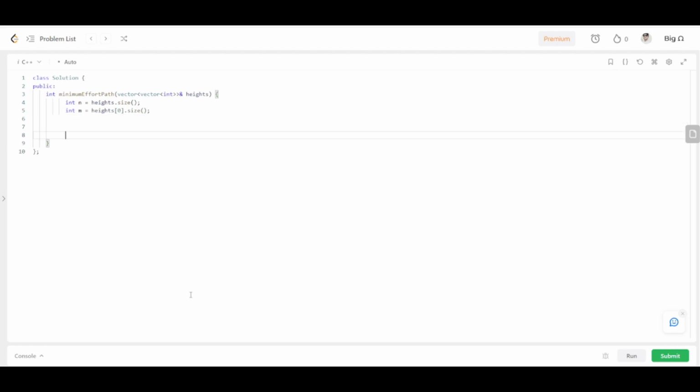Now declare a distance array, a 2D vector called distance, initialize it with a very large number, 1e9, and initialize the very first or source cell with 0, because we are starting from that cell. The maximum effort would be 0,